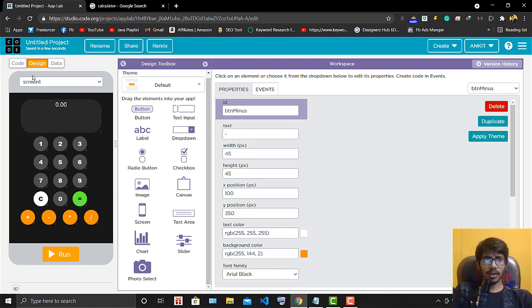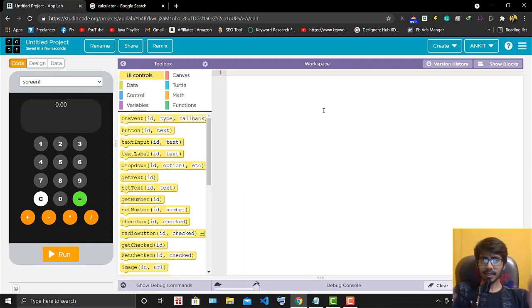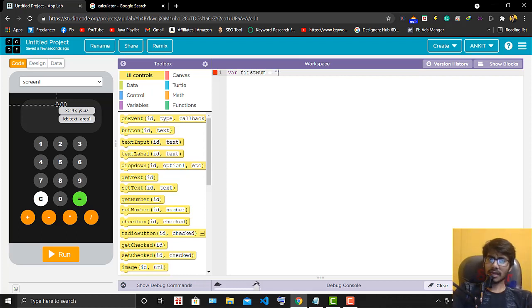Now we need to go to the coding, and when I go to the code, the very logical things come first. Okay, so look, at first when we have to display a number here, we should put it in a variable. Now you know the variable stores data values, so I will make one variable, and let's say firstNum. This will be the first number. Now the variable should be a number, but I am keeping it like a string. I will tell you why I am doing this later.